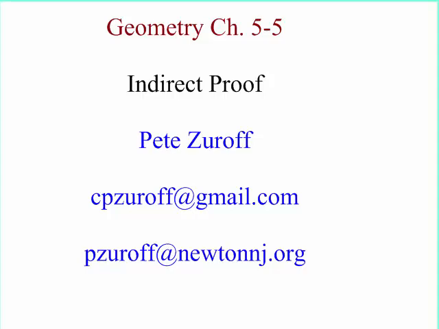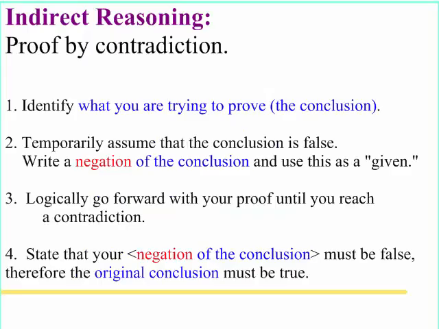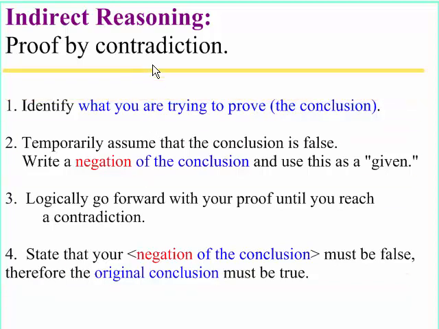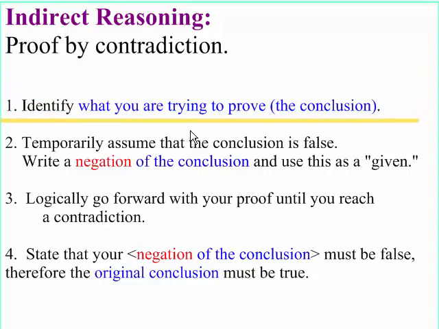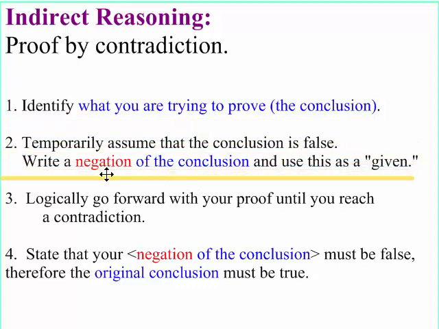Well, this is Chapter 5-5, Indirect Proofs, which is using indirect reasoning, and sometimes this is called proof by contradiction. So the way you go about doing this is you start out, like any proof, you just identify what it is that you're trying to prove. And what's different in this type of method of doing proofs is that then you take what you're trying to prove and you negate that. You write the negation of that conclusion, and then you use it in your proof as a given,